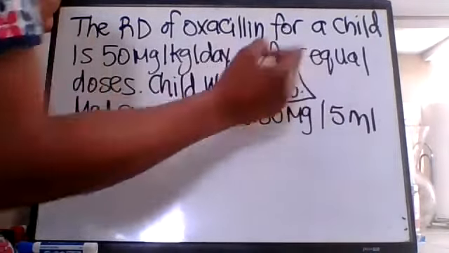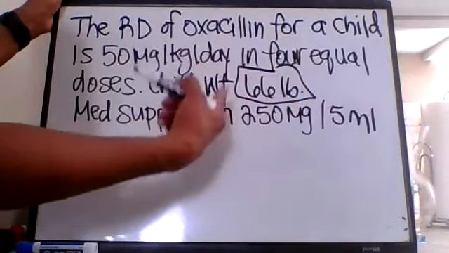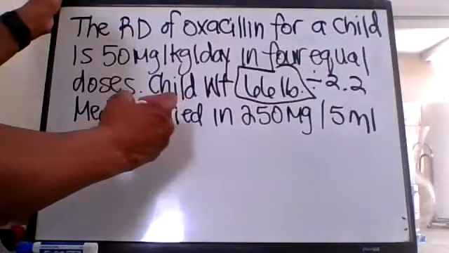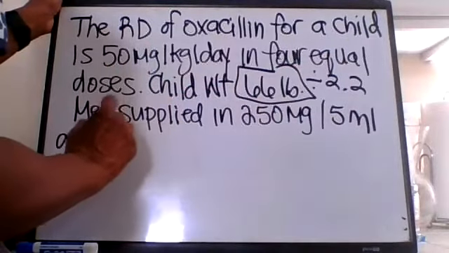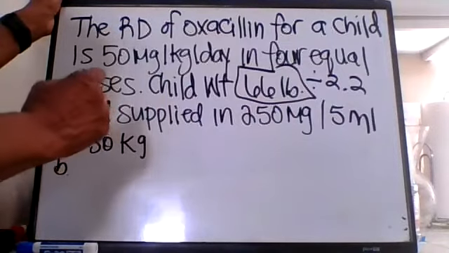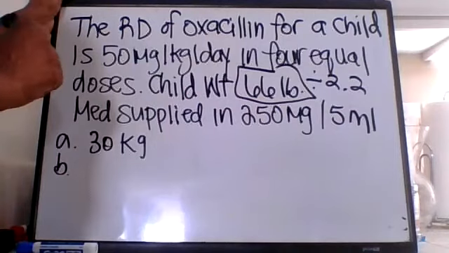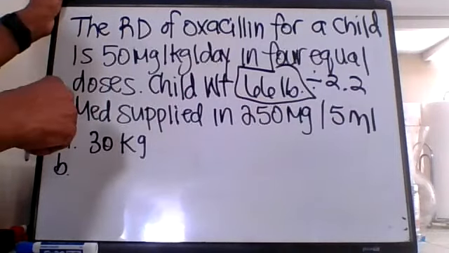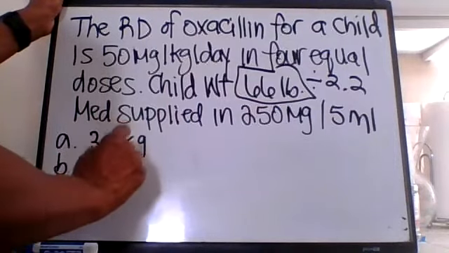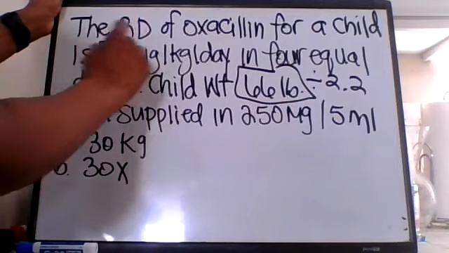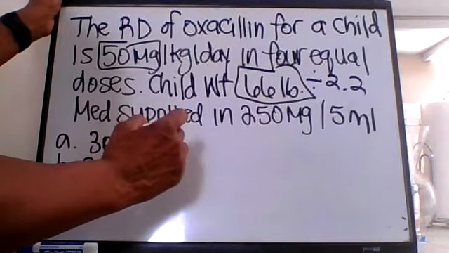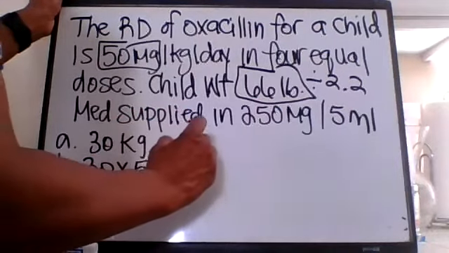Step 1 is always to convert the child's weight if it's not already in kilograms. So we divide it by 2.2 and we come out with 30 kilograms is the child's weight. B is asking us to calculate the safe dose for this child. We're going to calculate the first dose. So now we take the child's weight and multiply 30 times the recommended dose, which is 50. So 30 multiplied by 50 gives us 1,500